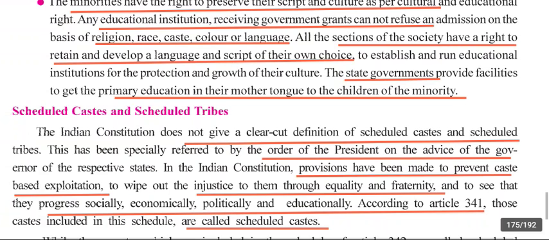So for example, if Buddhist people are in minority and they want to protect their culture, they can establish educational institutions of their own in which they can teach their own syllabus to their own children so that their children can study the Buddhist literature, the Buddhist culture, and they can move it forward towards the next generation. And this same thing applies to all the minority religions or cultures in India.